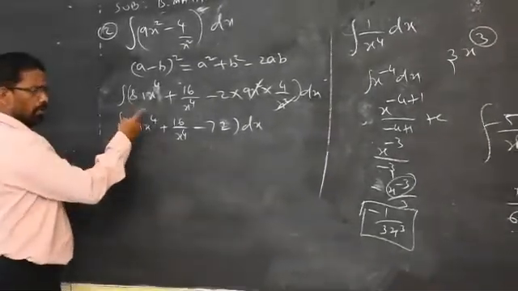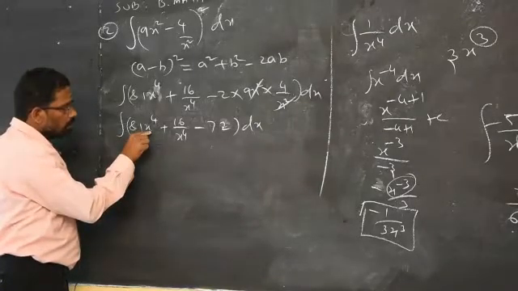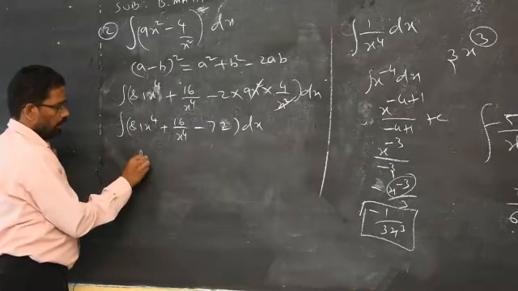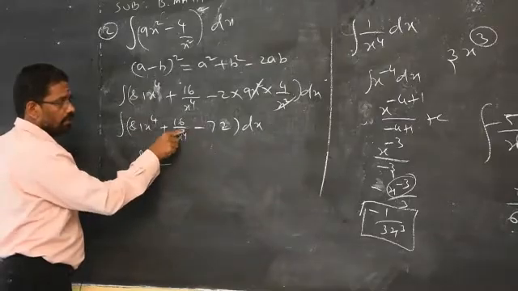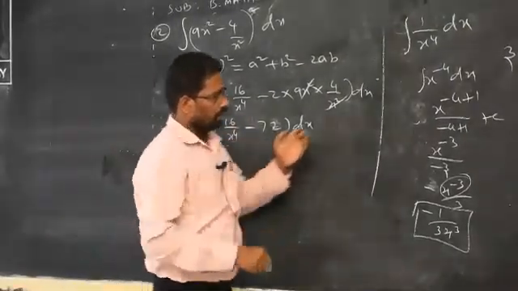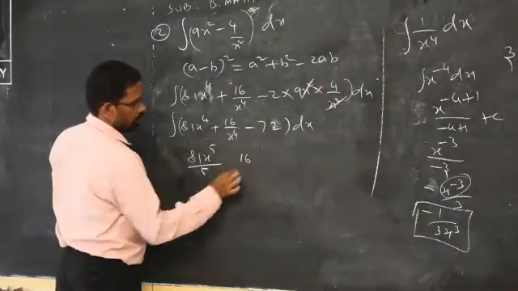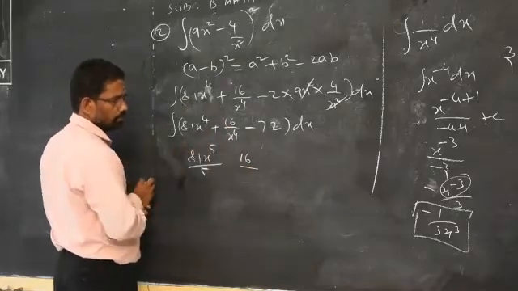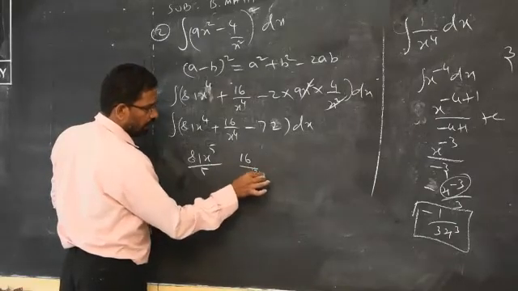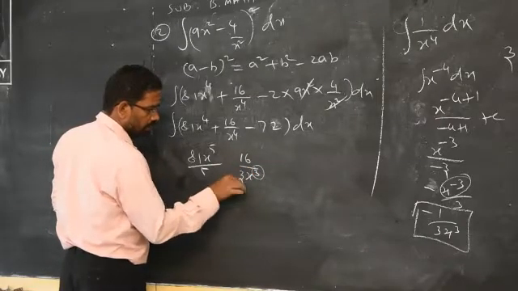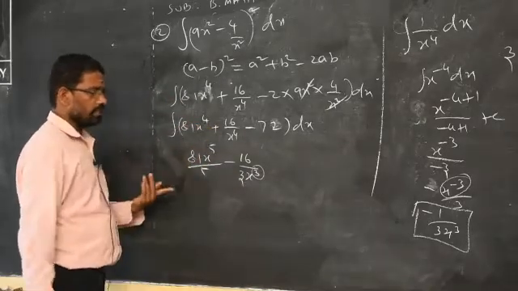Now what is the integration? This is the normal process. Here x is in the numerator. So what is the basic rule to integrate? Add 1 to the power. So 81 x power 5 by 5. Now you see x is not in the numerator, it is in the denominator. Then apply this concept. Don't disturb the numerator, 16 by, reduce 1 from the power, x power 3, and you write the power of x as a multiplier in the denominator. After that you can see the sign plus, this plus will become minus, and your integration gets over.